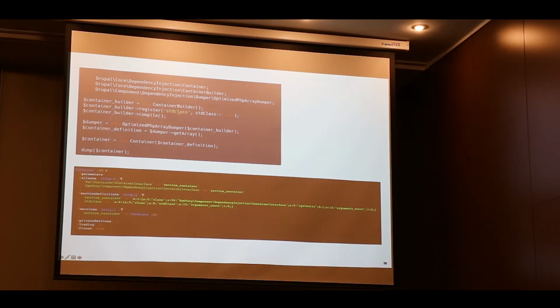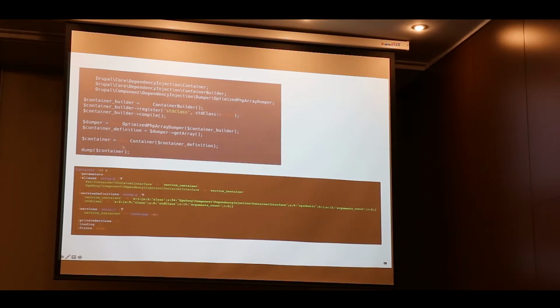And after you can call the compile method, you instantiate your dumper, you provide as argument your container builder, and you can get your container compiled. It's easy. We need to pass the container definition from the container because it's not the same component.